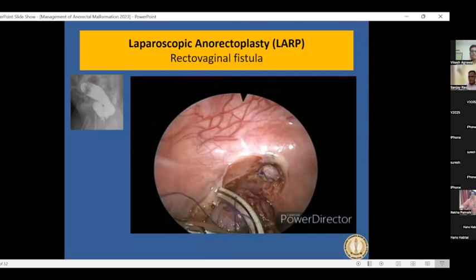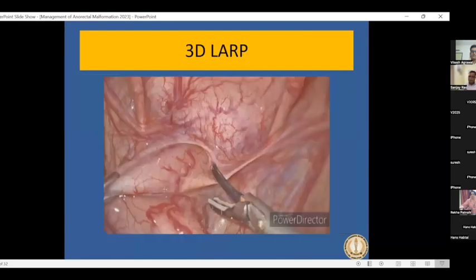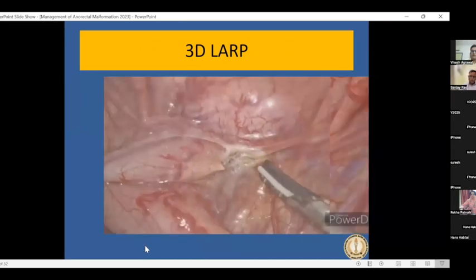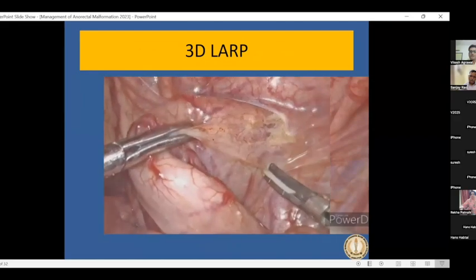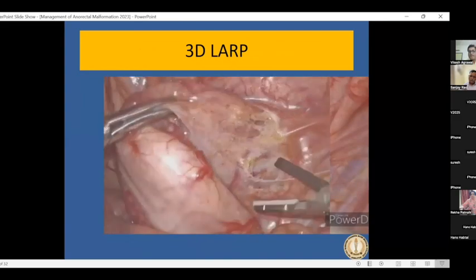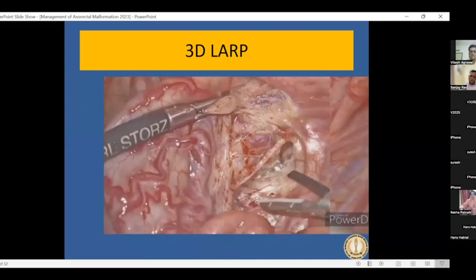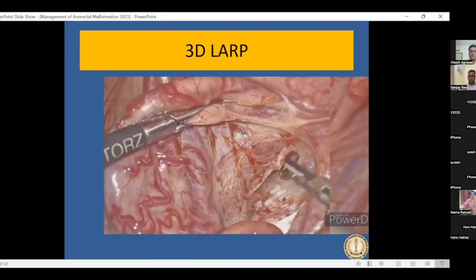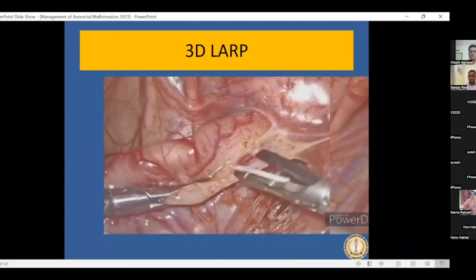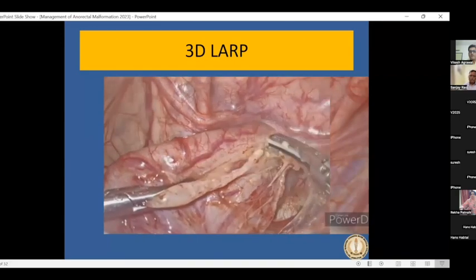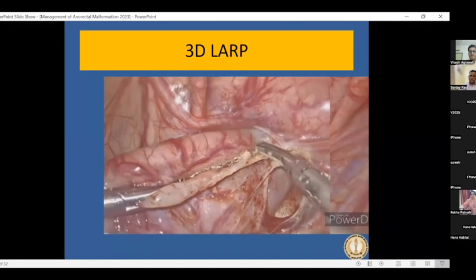They put a scope in the fistula and identify the caliber to find out whether a closure is needed or not. Recently, like 4 years back, we got a 3D laparoscopy also with us. So many cases nowadays we do with the 3D laparoscopy. The biggest advantage is very good image quality, even better than the high definition system of Karl Storz which we are using nowadays, and a lot of depth perception. As this is a perineal surgery involving a very small pelvis, the advantage of 3D laparoscopy comes into play in this particular surgery.